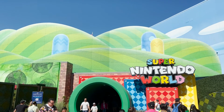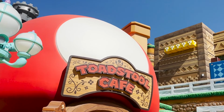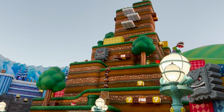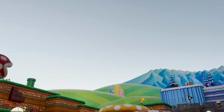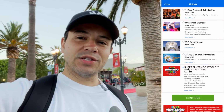Okay, so the next tip and trick for visiting Universal Studios Hollywood is that Universal Studios Hollywood is selling an early entry ticket specifically for Super Nintendo World. So if Super Nintendo World is a must-do for you, you don't want to have to worry about waiting on virtual queues, but you don't really want to upgrade to the Universal Express Pass or VIP experience, then we would say to possibly look into that early entry ticket. So it's about $30 as of the time of the recording of this video, and essentially what it will allow you to do is get into Super Nintendo World 1 hour before other park guests,